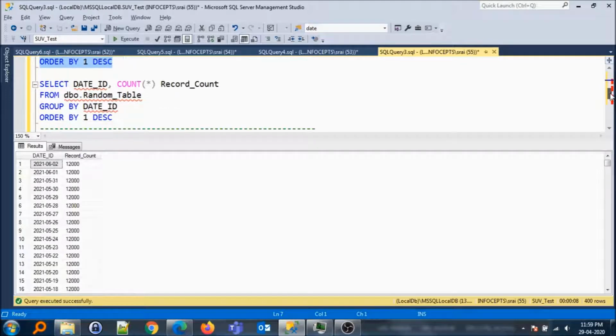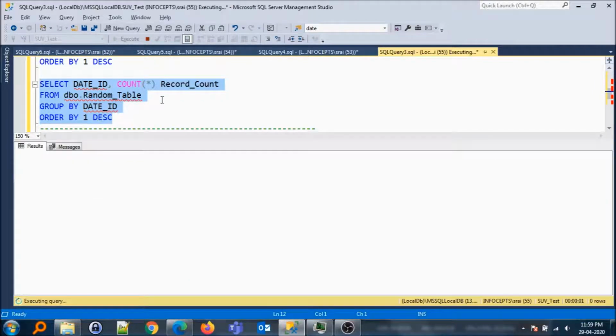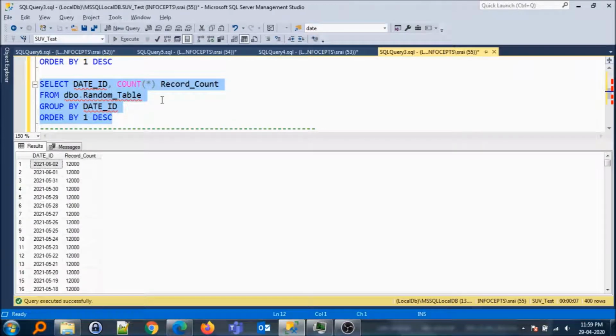Moving ahead, let us execute the very same query on the random table, which is the table that does not have the partition but still holds the same data. Let us wait for this query to respond with a result and see how much time it takes to execute.